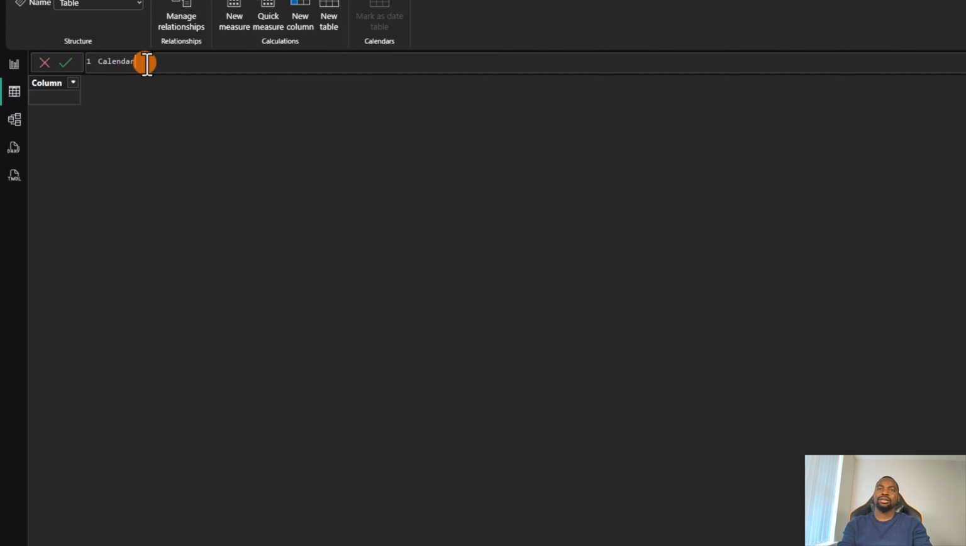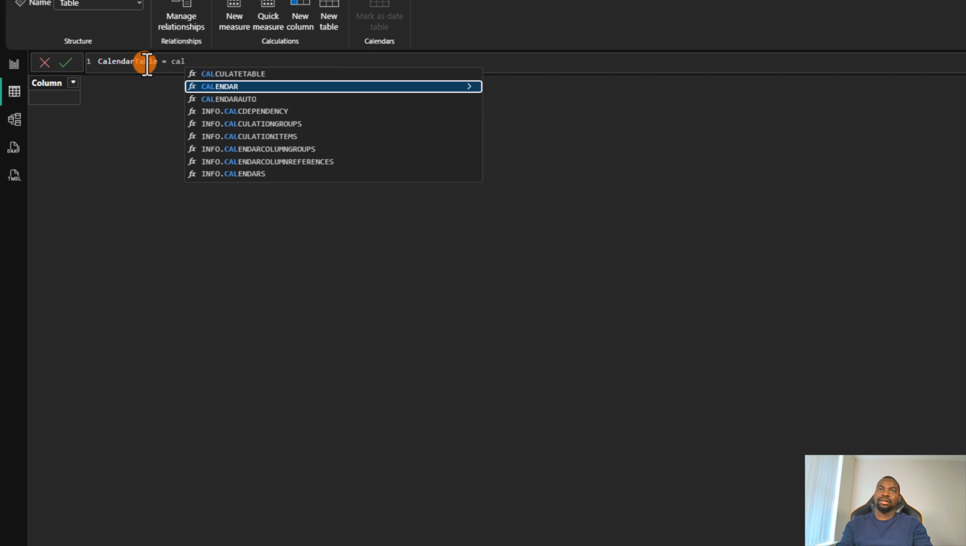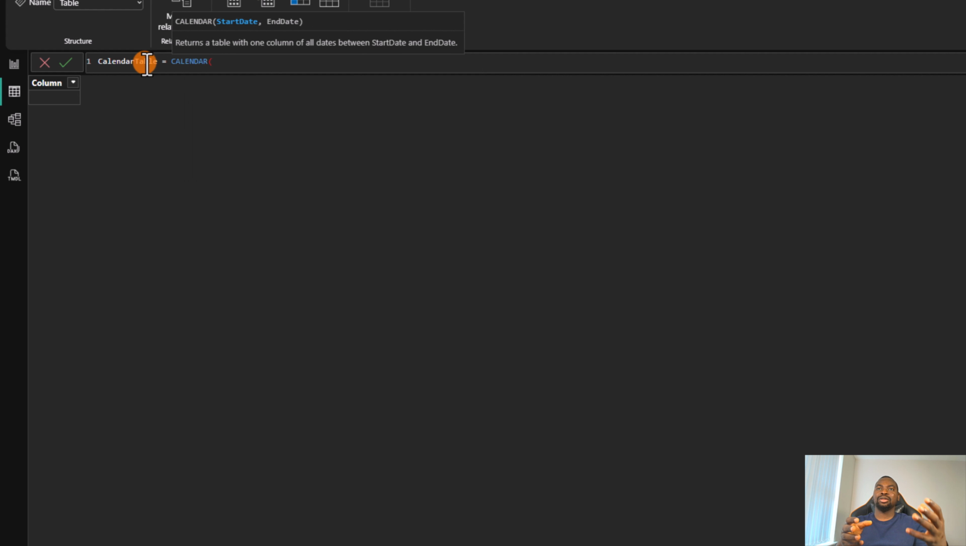calendar table. And the DAX formula we'll be using is called CALENDAR. The CALENDAR function takes in two parameters, which are the start date and the end date. So like I said, we can put a static start date. By putting a static start date, we'll just do something like